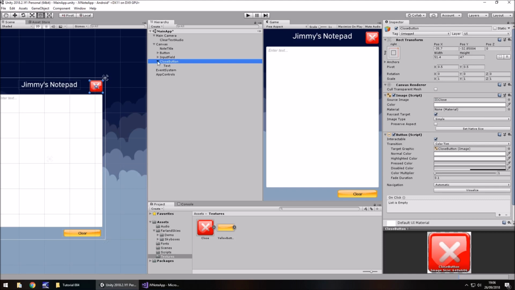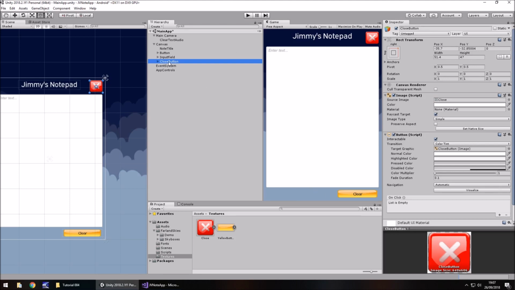Perfect. So next tutorial, what we're going to do is have the functionality of all this working. So we're going to take a look at getting this working, the X button. We're going to have it say, I don't know, are you sure you want to exit? Something is unsaved. We should probably also have a little note down here saying, I don't know, save, or in fact, you know what? We'll do that now